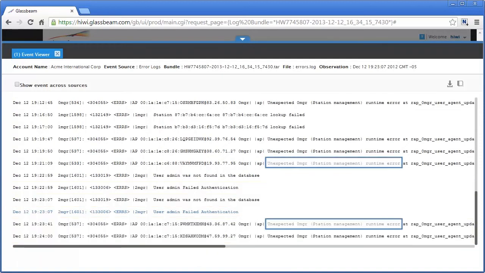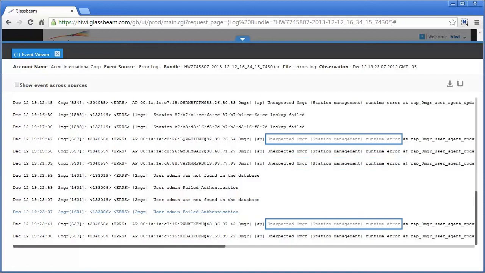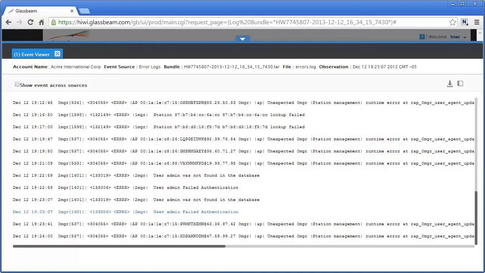Here I notice the unexpected log runtime error seems to be occurring frequently. From the observations, I can see that just before the event occurred, there is a user admin not found error. These observations help me understand what events the system has generated just before and after the failed authentication message the